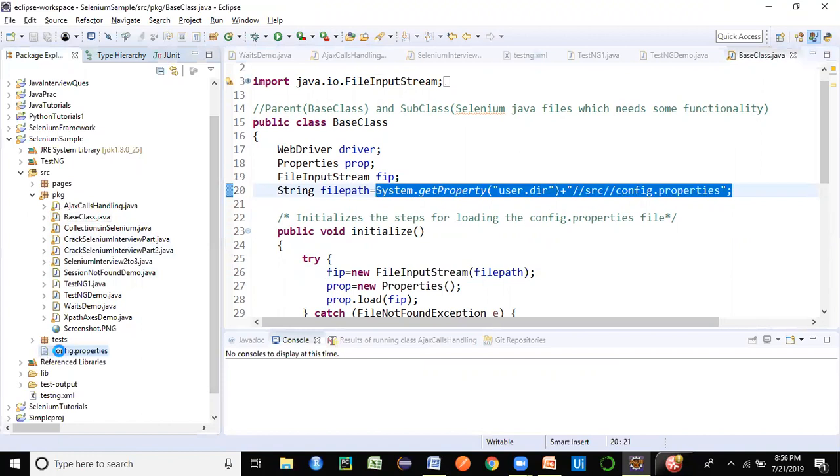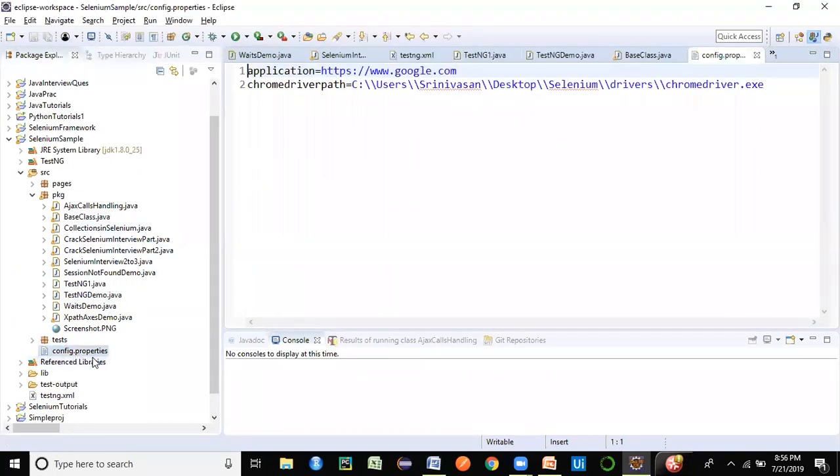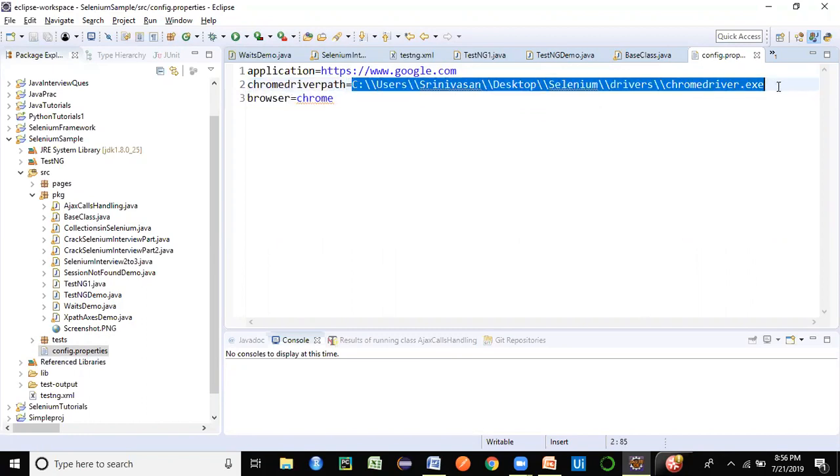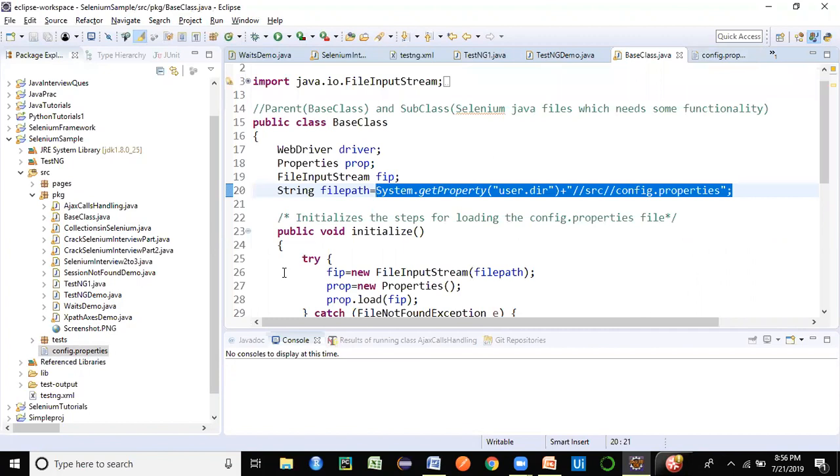So I'm just ensuring that in a framework, there will be a config properties file, right? So I have all the different variables which have to be used in a config properties file, like the application name, what you're going to launch. It could be browser. Like I'm going to use Chrome. Then if it is a Chrome browser, I would need to have the Chrome driver path. So I need not do any hard coding of these kinds of values within my code. I'm putting everything in a properties file, and I'm going to use the properties concept of Java to access that